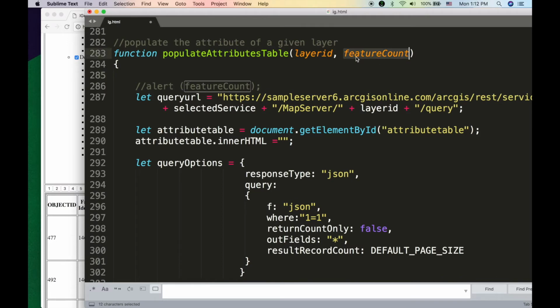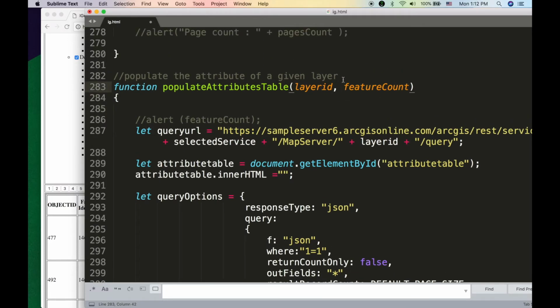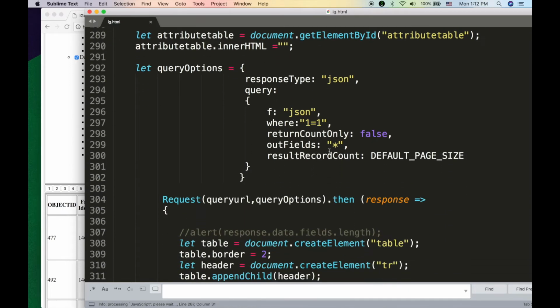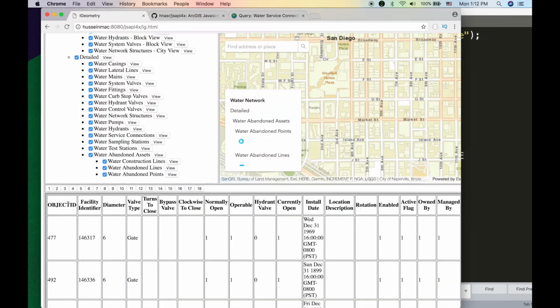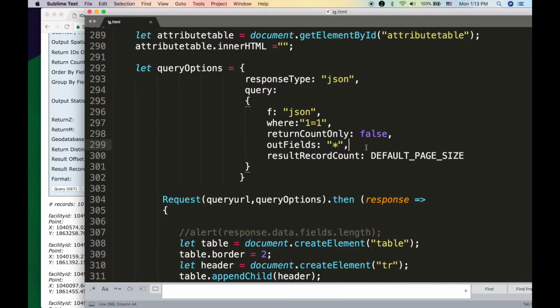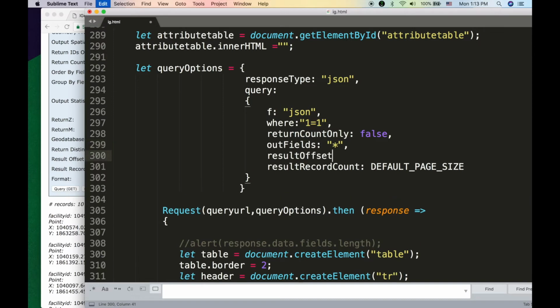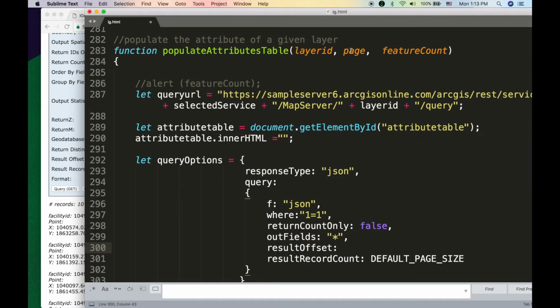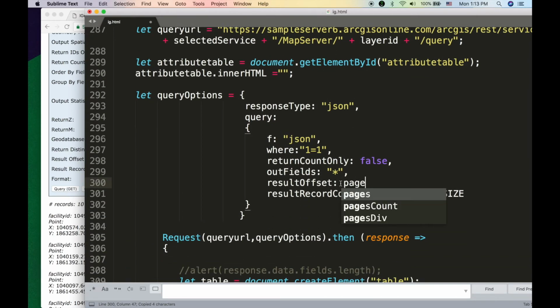Yeah, we'll keep it there, but I don't think we need that. We need the page. Which page are you in? And from the page, which is page 1, we will determine the offset using the page number. So what do we say? The result offset. So we need to send a new parameter to our query saying result offset is the page times the default page size